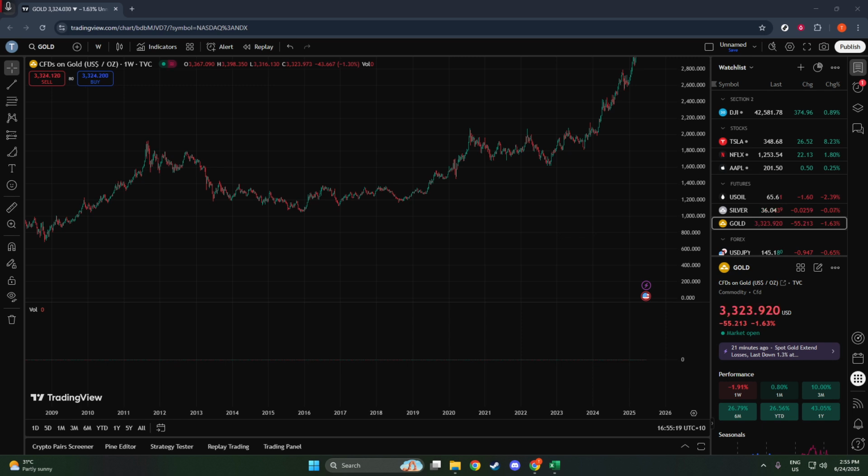Let's start by illustrating the cup portion of this pattern. You can use the trend line or arc tool available in TradingView to trace the rounded bottom of the cup. It's essential to ensure this curve is smooth and symmetrical, as it represents a gradual shift in price momentum. The cup formation typically resembles a U shape, and getting this right is crucial since it sets the foundation for